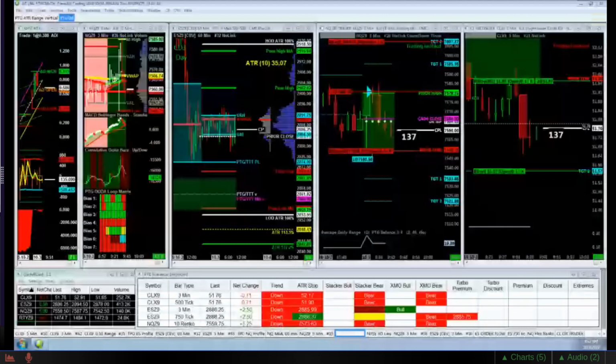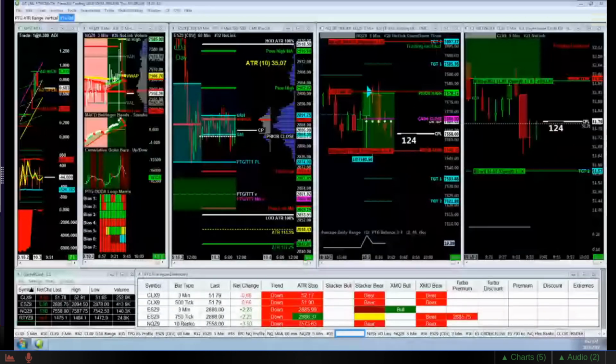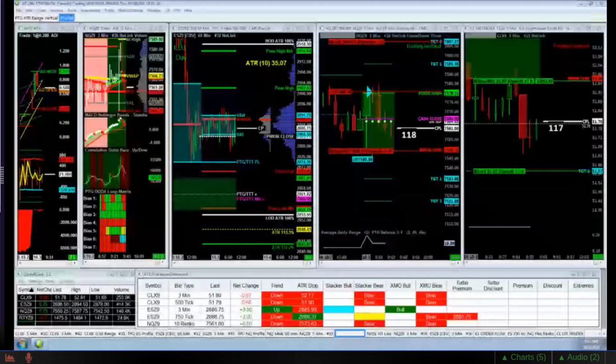Well, if we do get a stop and reverse, there is room to move to the downside, to yesterday's low. Again, worst case scenario, we get just stuck in a range.